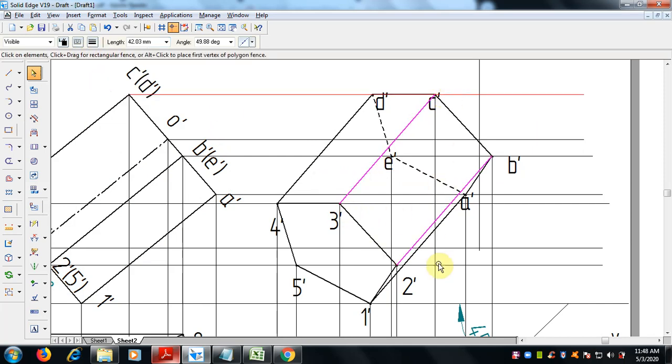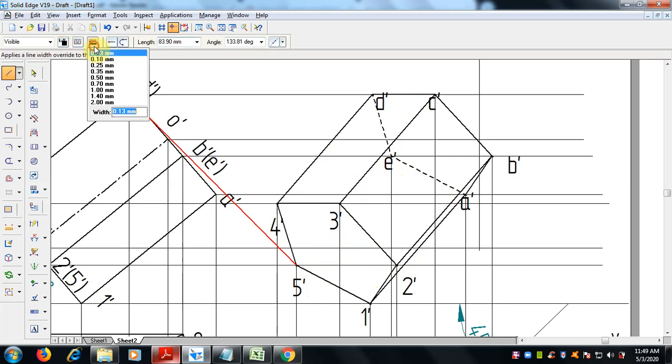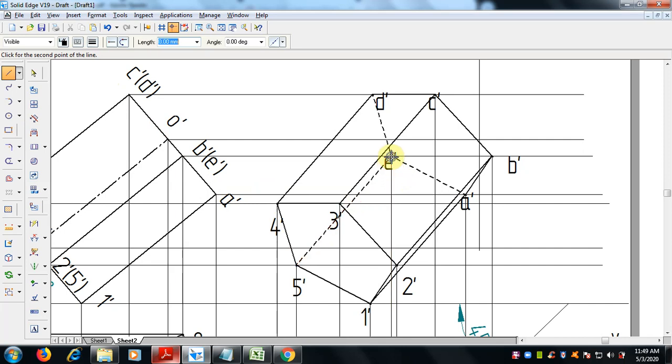So now 3C and 2B are all visible. In here, the edge still missing is 5E; 1A, 2B, 3C, 4D are done. Join 5E as a hidden edge using a hidden line, 0.5 mm thickness, done. Okay, fine.